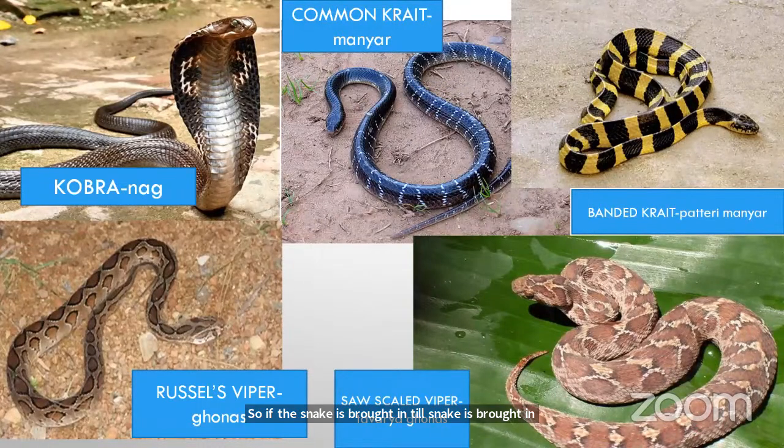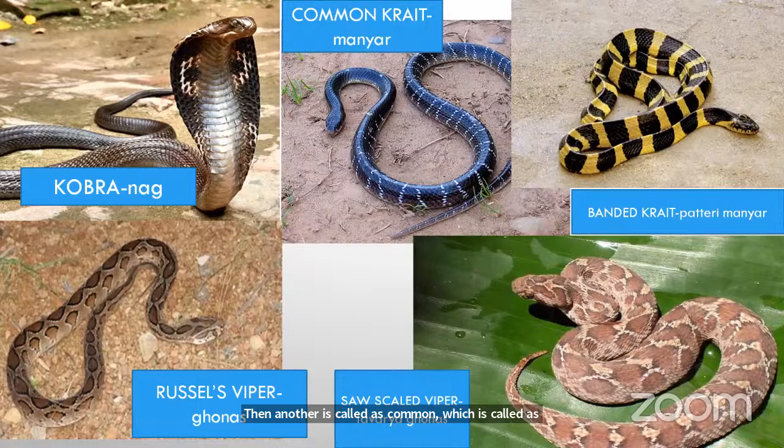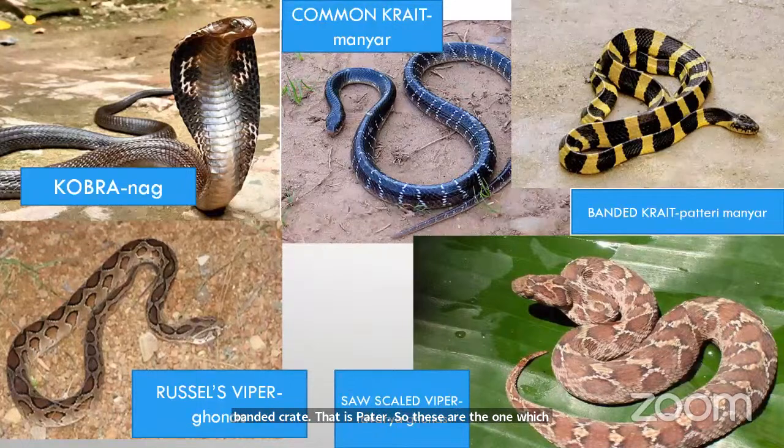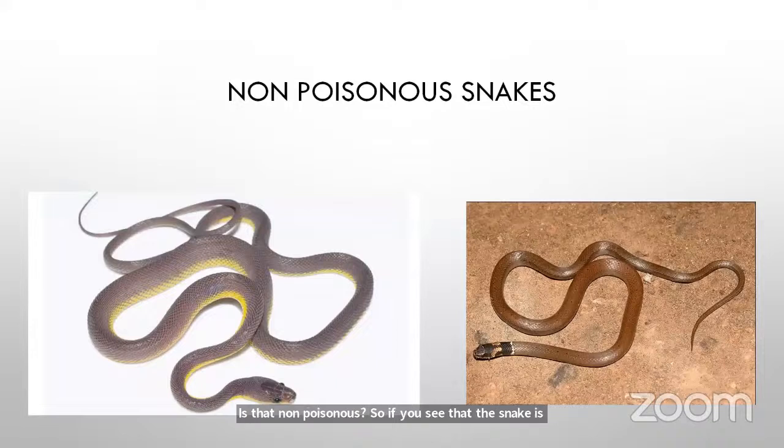The first one is a cobra, that is also called a nag in our Marathi language. Then another is called the common krait, which is called manyar. Then comes the Russell's viper, which is called ghonas. And then the saw-scaled viper comes, called phursa or ghonas, and then the banded krait, that is pateri manyar. So these are the ones which you can obviously see. But the next important thing is the non-poisonous snake. So if you see that the snake is thin, a long one, and there are various differentiating features which I'm going to tell you, then you can tell the parent that this is a non-poisonous snake and don't worry about that. Next,